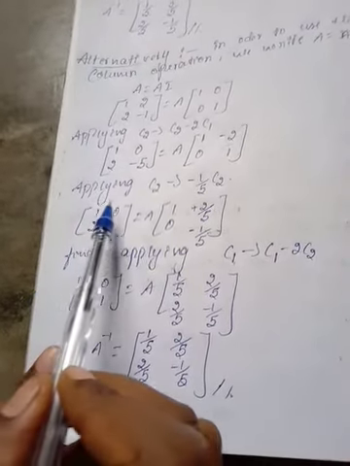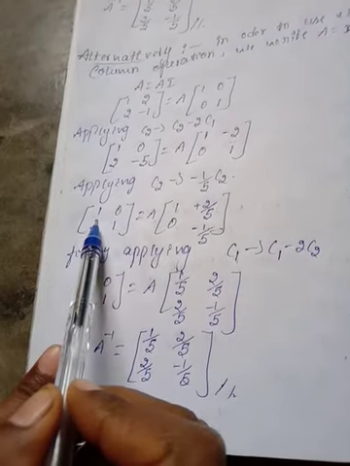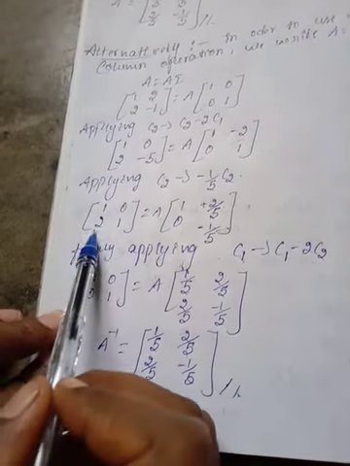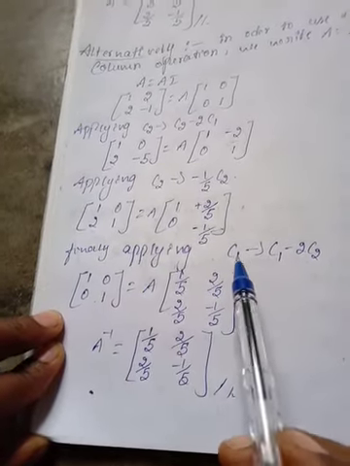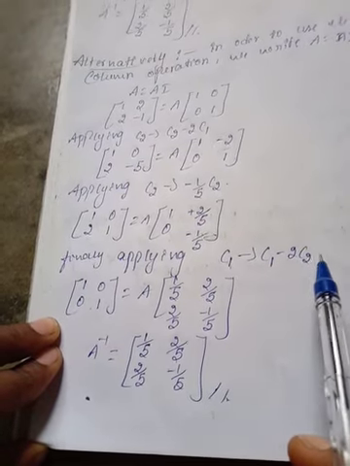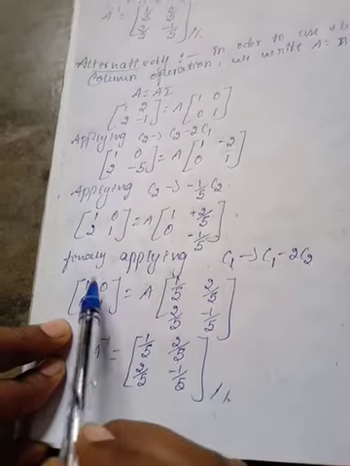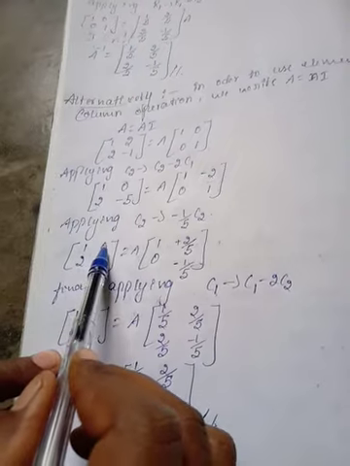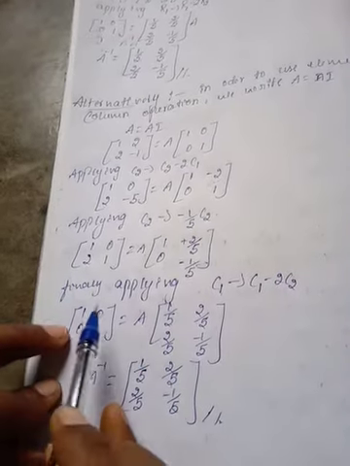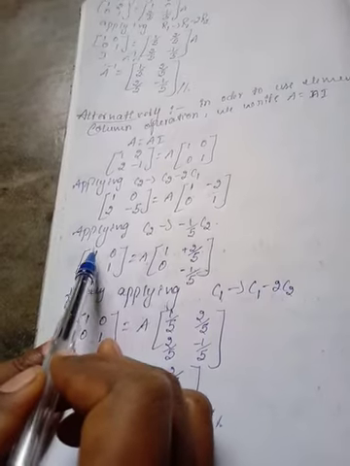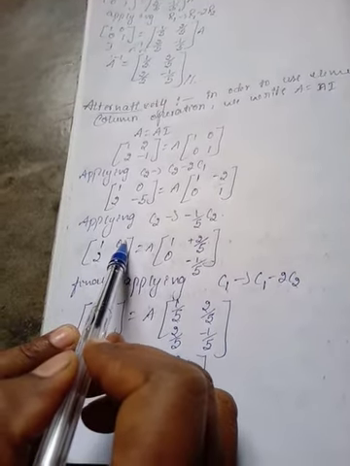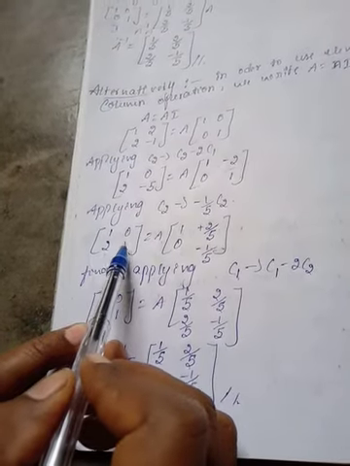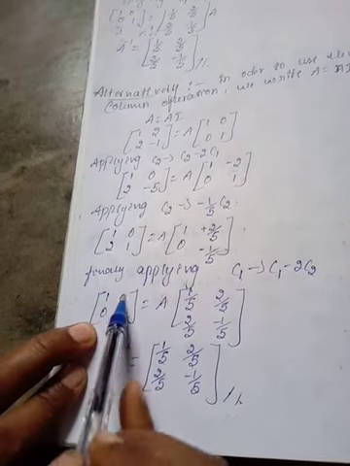Next already we have 1, 0. Next here, if you are getting the identity matrix, we need to change this 2 as 0. So if you are getting 0 here, applying this condition, that is C1 tending to C1 minus 2C2, that is C1 minus 2C2. Multiplying here in the column by 2, that is 1 into 1 minus 2 into 0 as 0 only. So you are getting 1 only here. Then 2 here, multiplication of these 2 as 2, 2 minus 2, 0, 0, 1 right as it is.